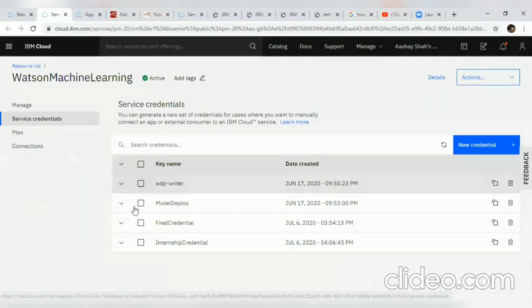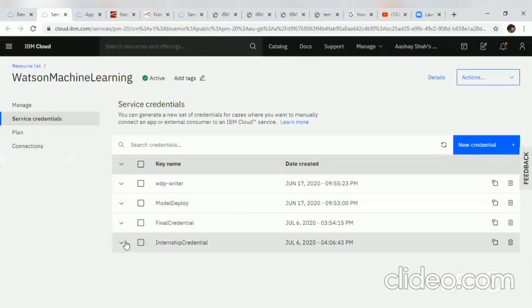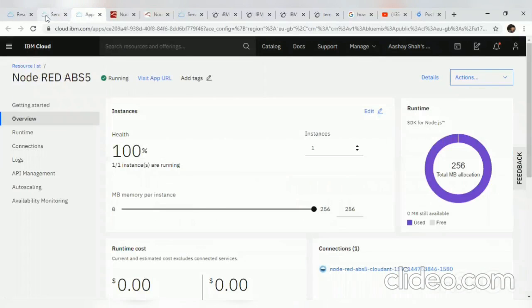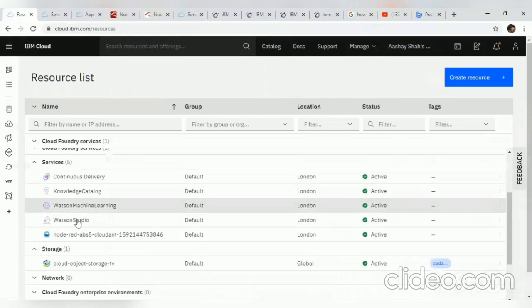These are the credentials which I was talking about. Since I have created the credentials, I am not going to create them again. You have to simply click on new credential and you will get the credentials here. And click on Watson Studio.